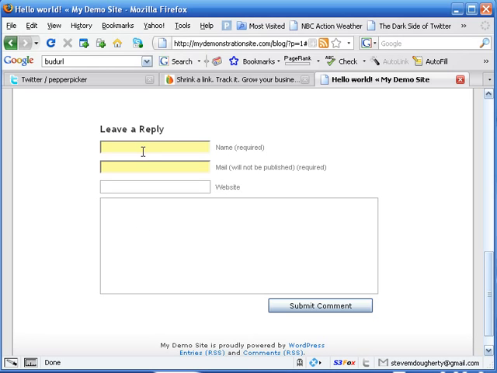So as you can see, and in most cases this is the case, they require your name, email, which in most all cases will not be published. It is just required so they can send updates to you saying that, hey, somebody has commented on your comment, or here's some more comments after your comment, and so on. And then, of course, the URL to your website. Now, here, I would put the URL to my website.